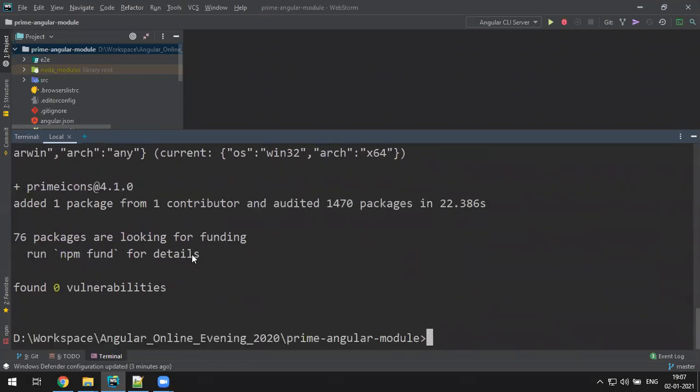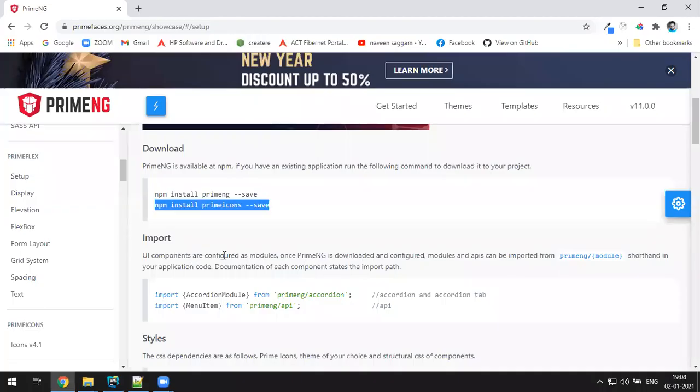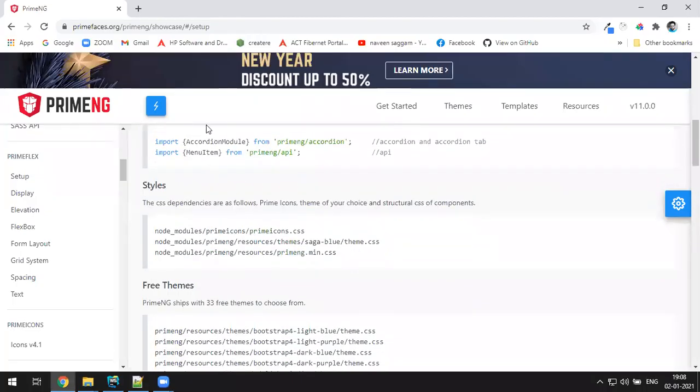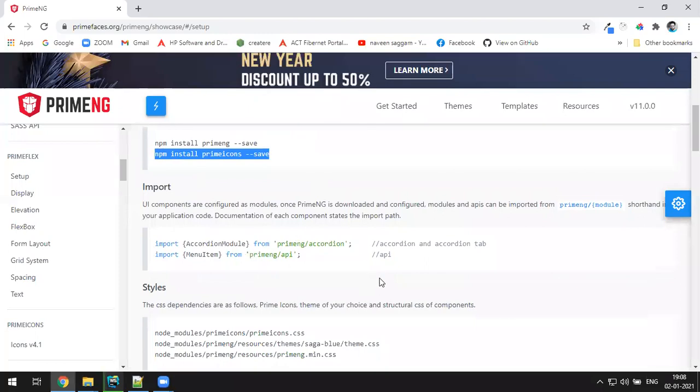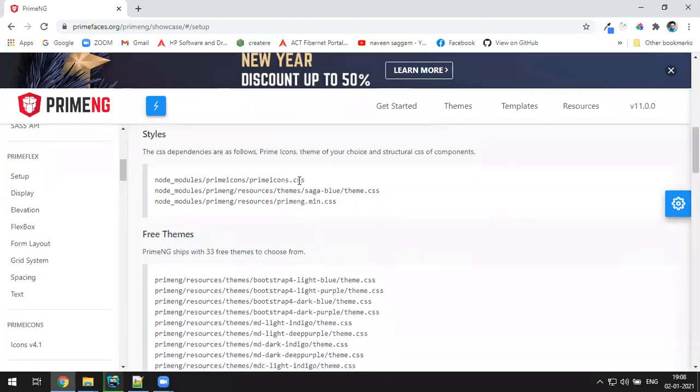Okay, so that is also installed. You don't need to configure these modules now; as per the modules we create, we'll use them. So we have to add the style CSS.